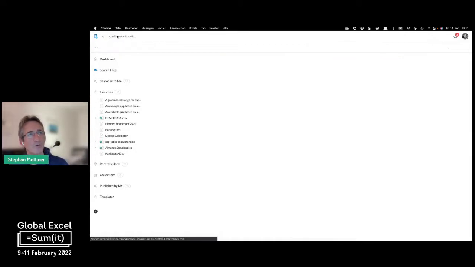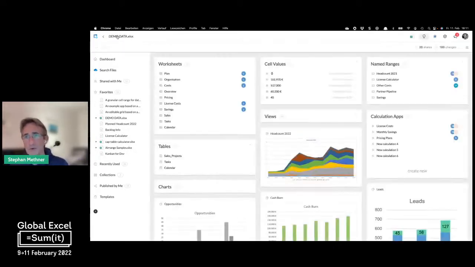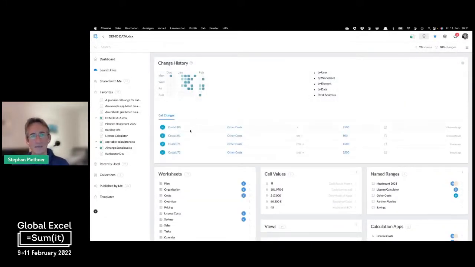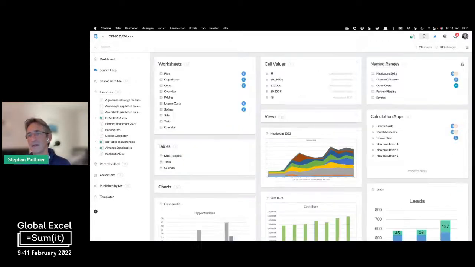If I go back to the workbook, now I have the head of the owner. I can now see 100 changes. What happened? Someone has done some changes, 47 seconds ago. It was Stefan, and he made this change with this comment. That means we can share stuff and always track what's happening with our data, what happened, we can revert it,